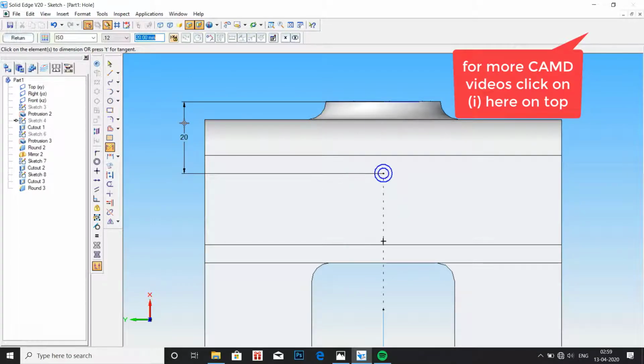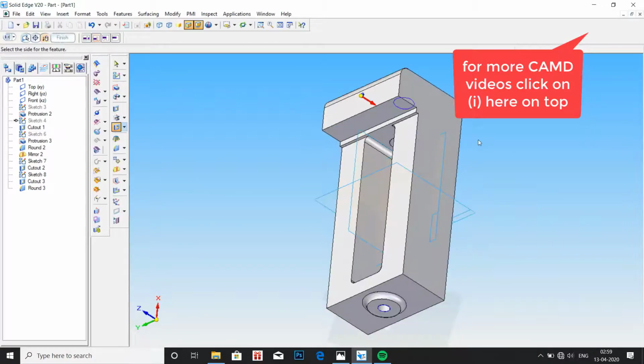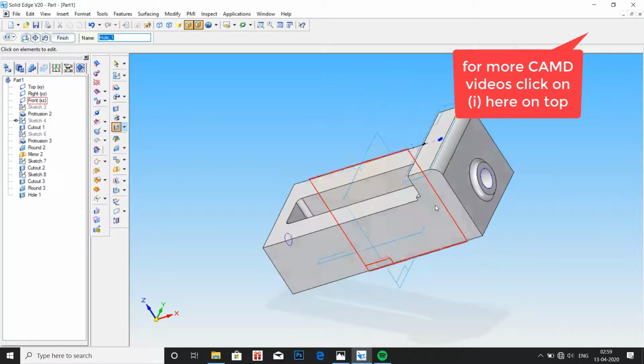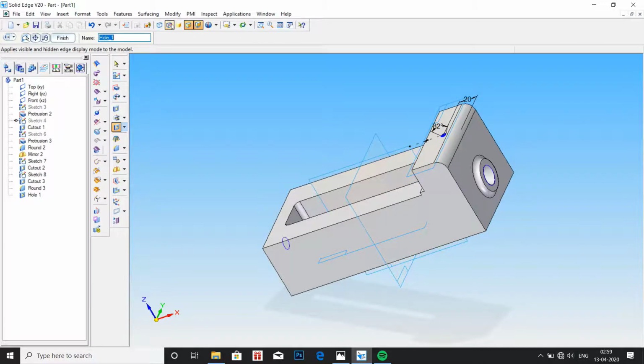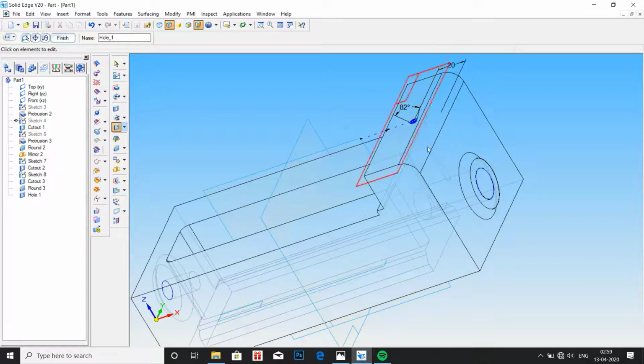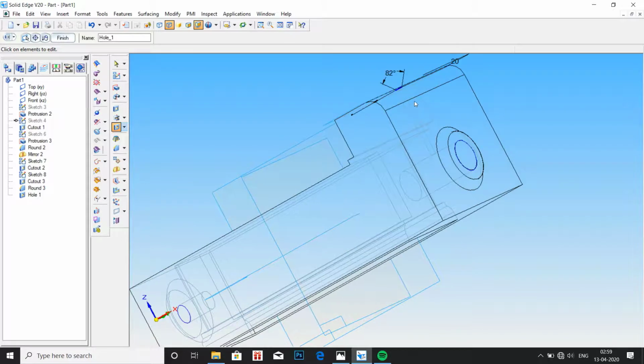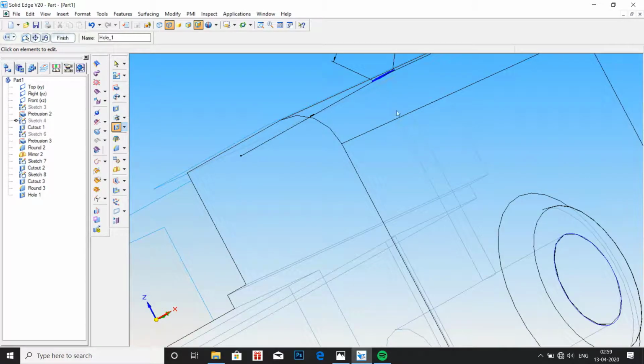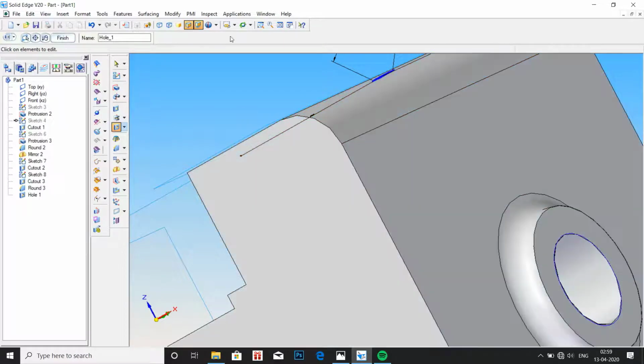Enter 20 mm. Click on return. Drag it down. If you want to check, you can see through the line diagram or line view. Here you can see that it is extended till the next hole.